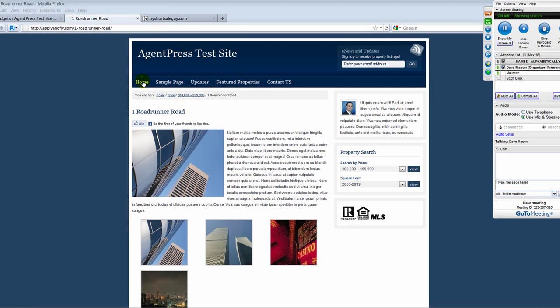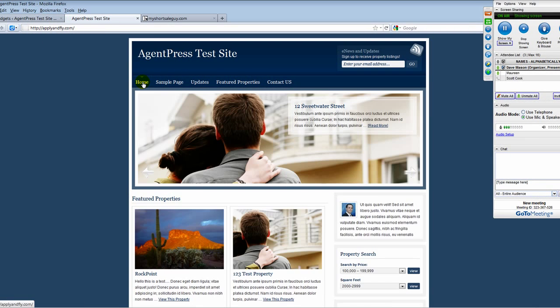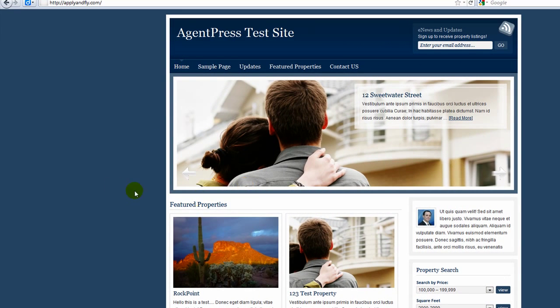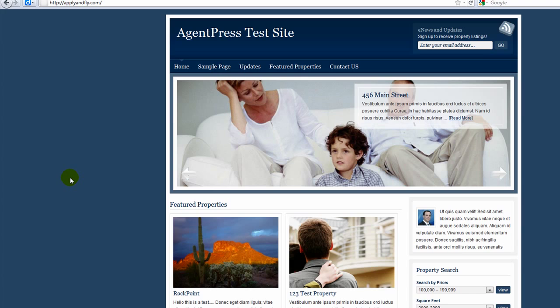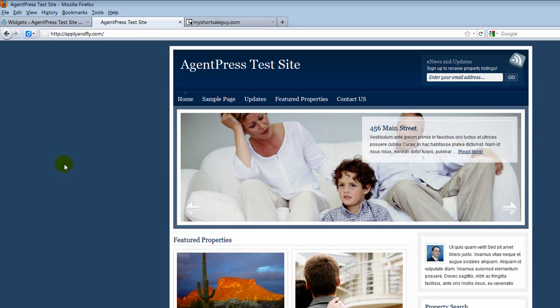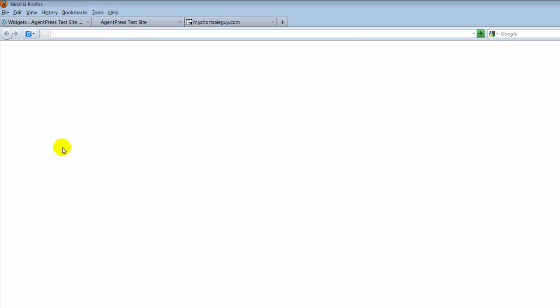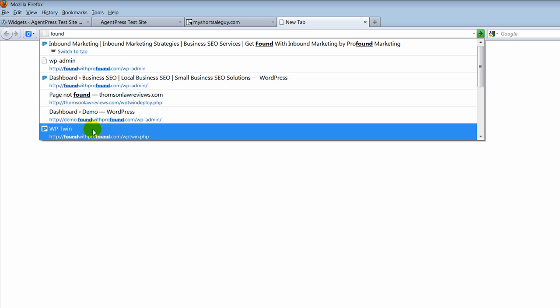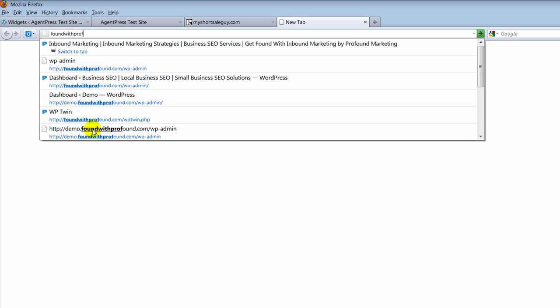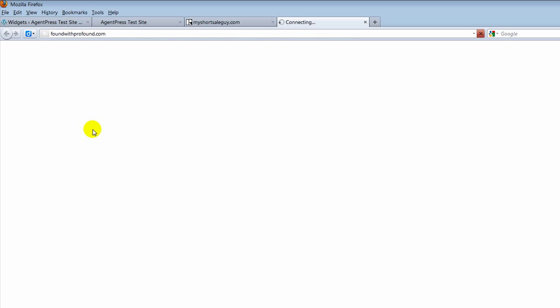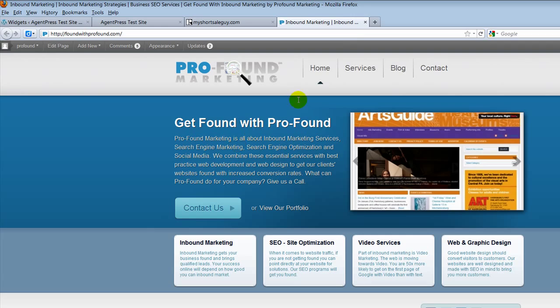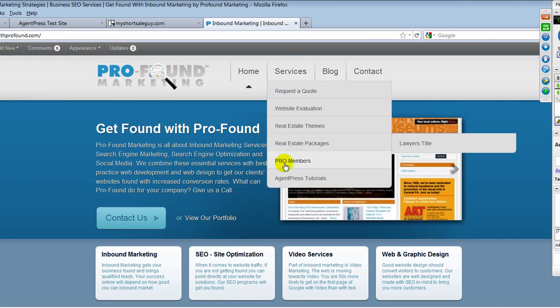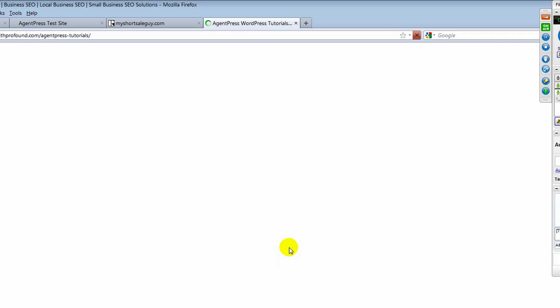So when you look at the StudioPress website, you're going to see your home screen like this. So we're going to go over the core functionality of the site. The other thing that I did do, I just want to show you real quick, is on the Profound website, there are 6 tutorials that are probably more in depth than what StudioPress has to offer in services, and then